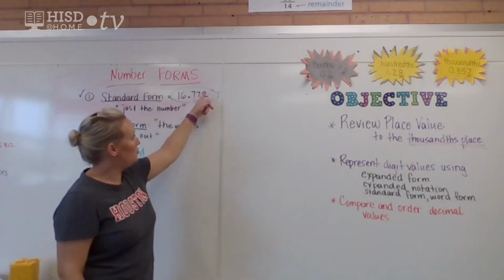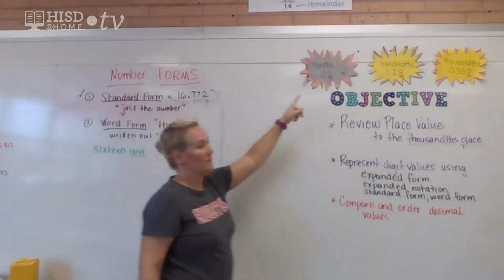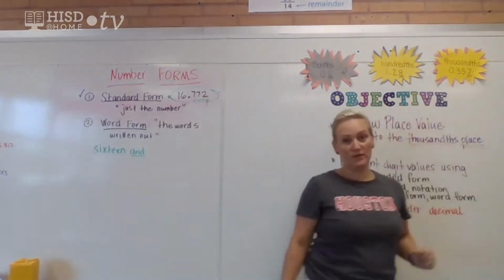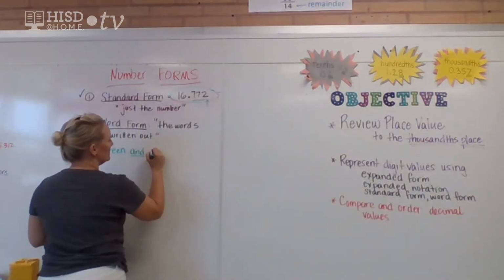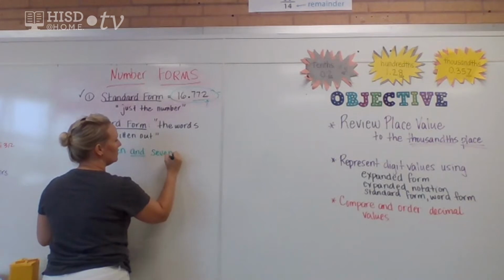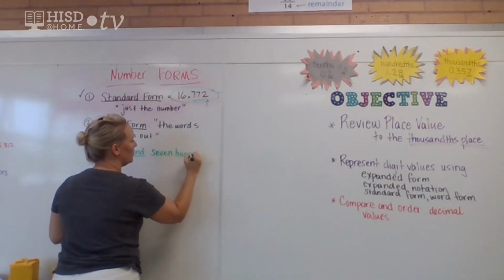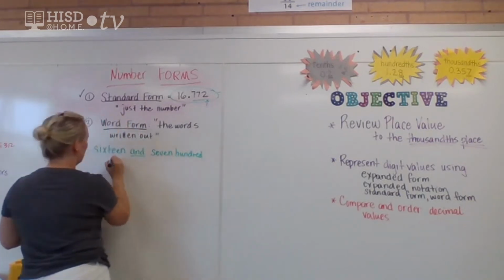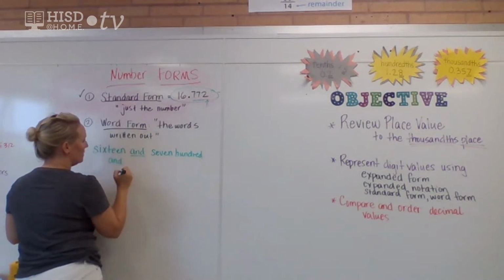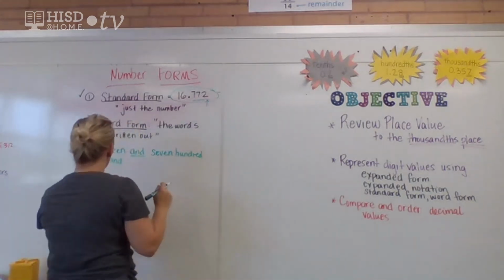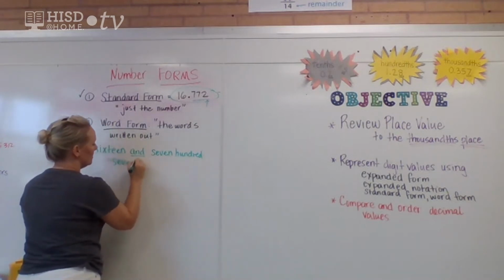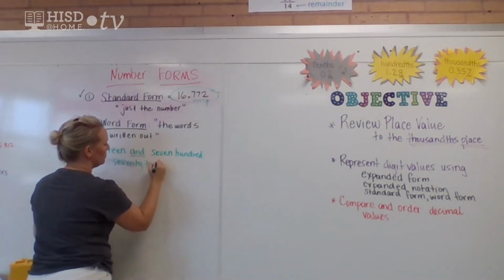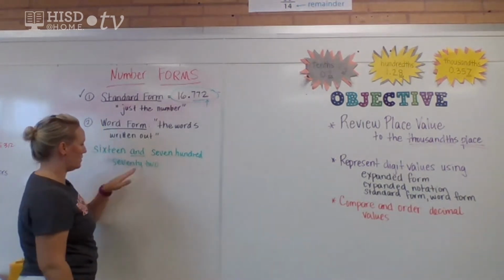772. And the 2 lands in the thousands place. So I'm literally just going to write it out in words. 16 and 700, oh wait, not "and," I'm sorry, not "and," 772, so that's my number, 772